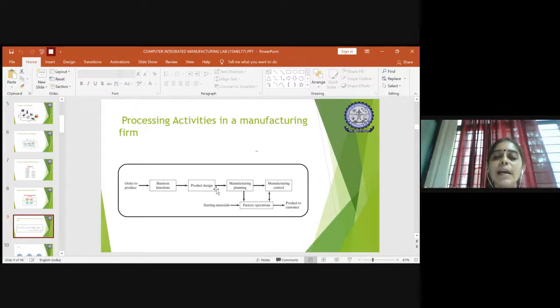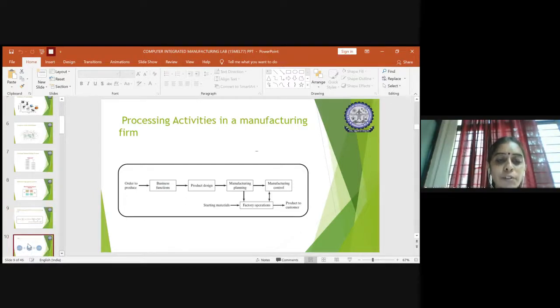Once it is done, then you go for manufacturing. Before manufacturing, you will plan how you are going to manufacture, and it has to be controlled because every project or order will have a start date, beginning date, and an end date within which it has to be completed. This manufacturing control aspect will control all these constraints. Within the due date, you can see that the materials are ready and the factory operations will be done one by one so that the product will be ready and delivered to the customer. So this is how the actual sequential activities take place in any manufacturing firm.